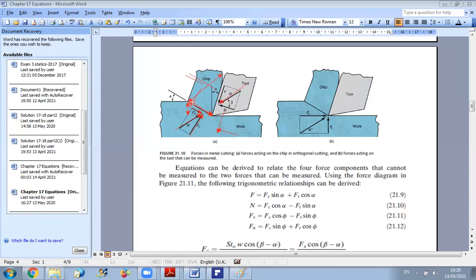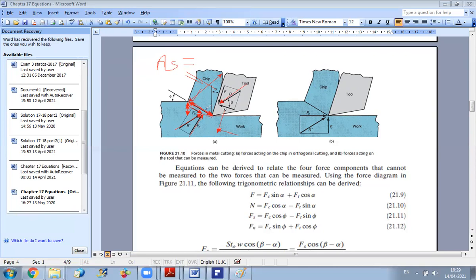In order to find this length, this is Ls that we have seen in the previous model. Ls can be related to t0 by saying that Ls is t0 over sine phi. So the area of shear over which you have the cutting operation is equal to